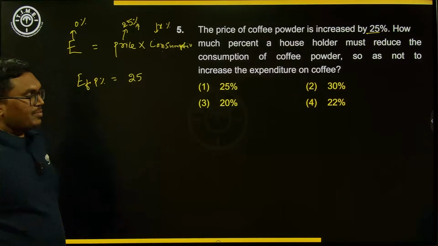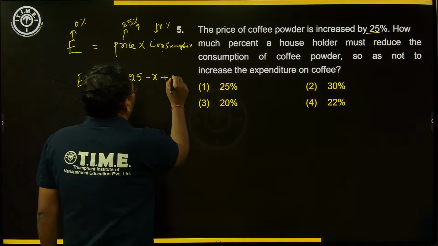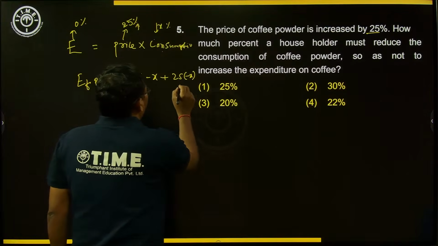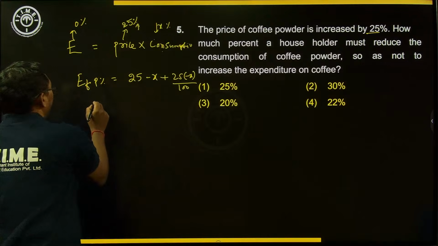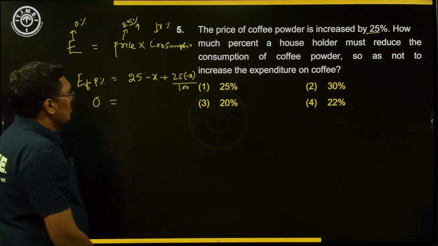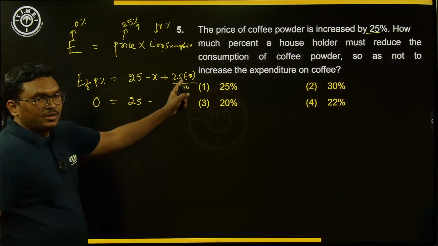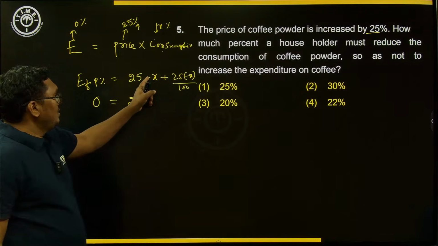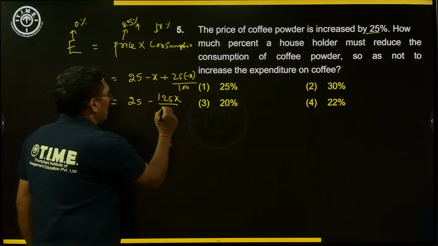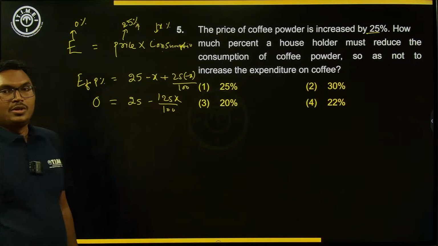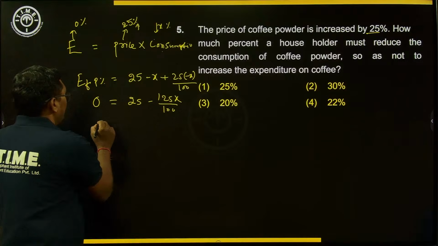Decrease means what? Decrease అయితే ఏం తీసుకోవాలి? నెగటివ్ సైన్ తీసుకోవాలి. Minus x and plus 25 into minus x by 100. So effective percent change is 0. 0 is equal to, so this is how much? This is 25 and this is minus x, this is minus 25, 100x, this is 25, this is minus 125x by 100, right? So if you simplify this one, if you send this term to this side,